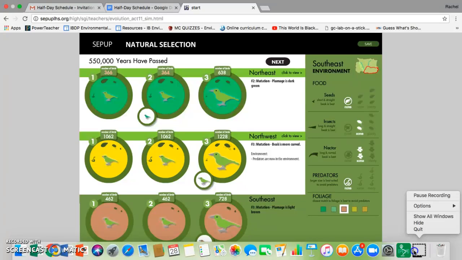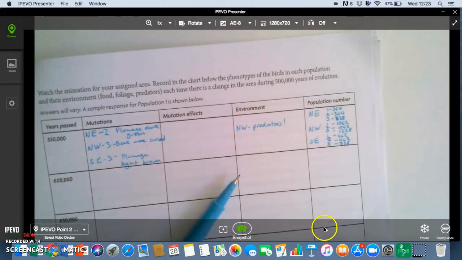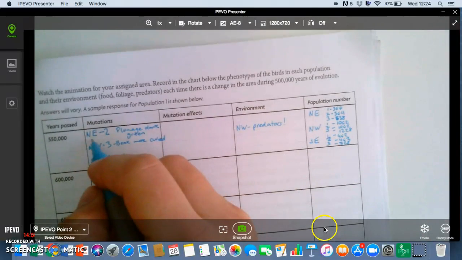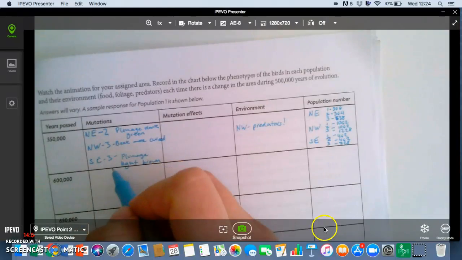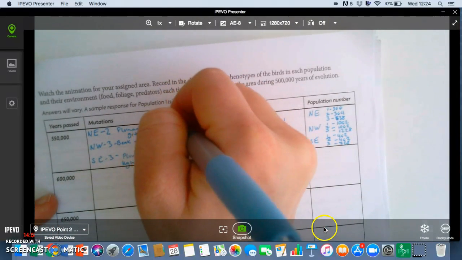Let's see. I'm going to show you what I'm writing. Let's click back here. Perfect. So I just made a list of the populations. Now I said northwest has predators. I'm just using these cardinal direction abbreviations. So northeast, northwest, southeast. Okay. Effects. So I'm gonna make a little